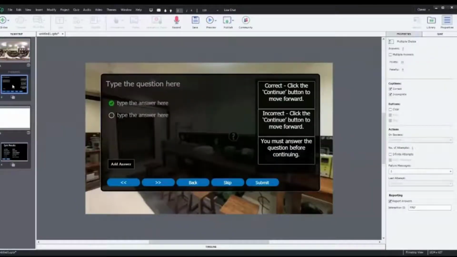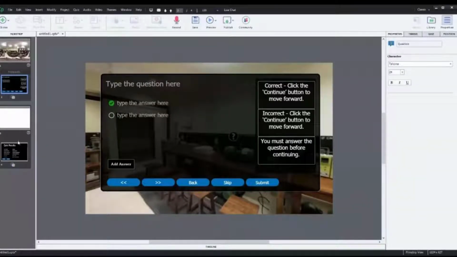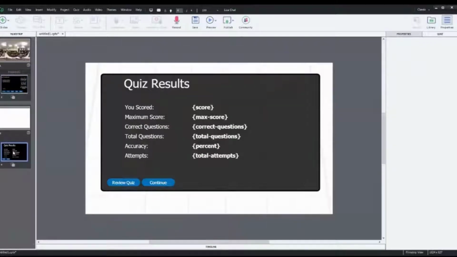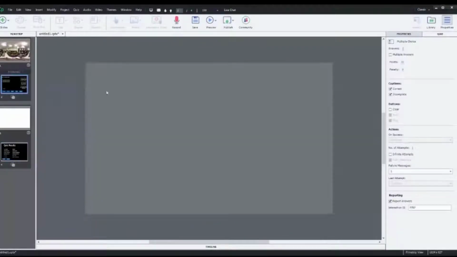And you notice on the left-hand side in the slide panel, a quiz slide has been added, right? So a question has been added. You also notice that automatically there is a set of result slide which has been added at the end, right? So this blank slide is basically the environment on which this result slide needs to be augmented. We can add anything to this last slide as well. So we'll come to that in just a moment.